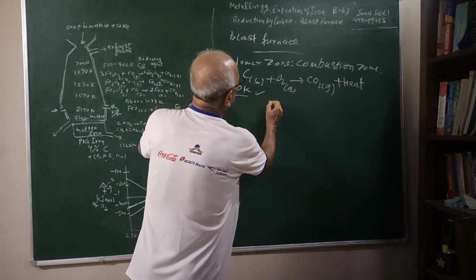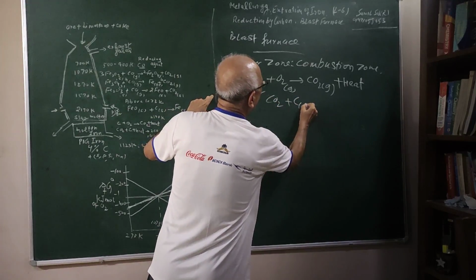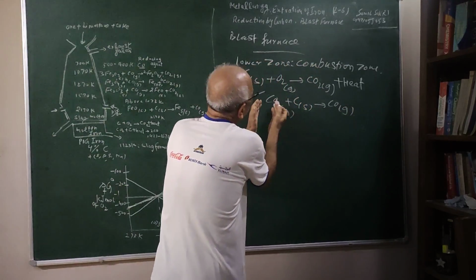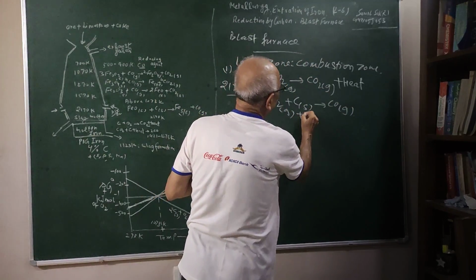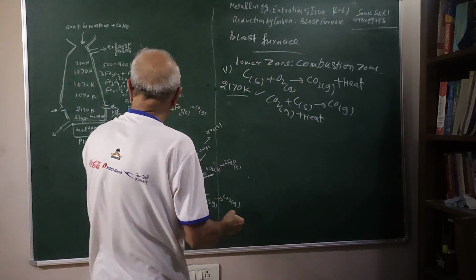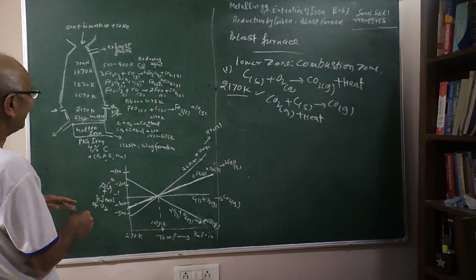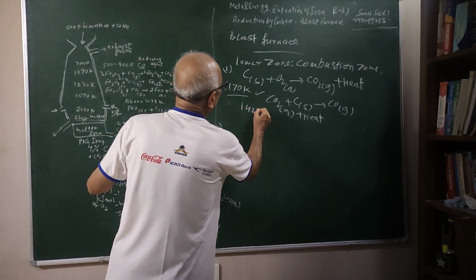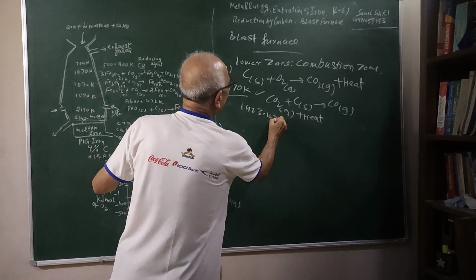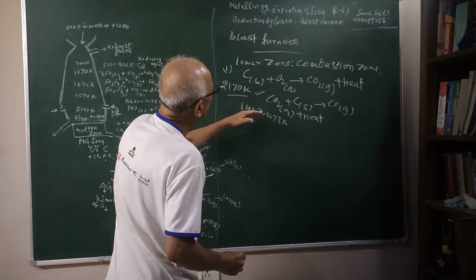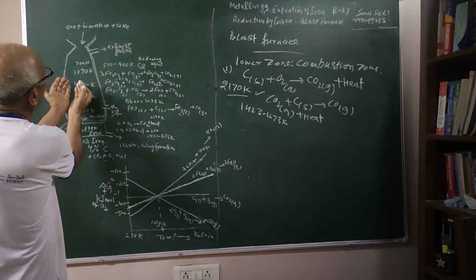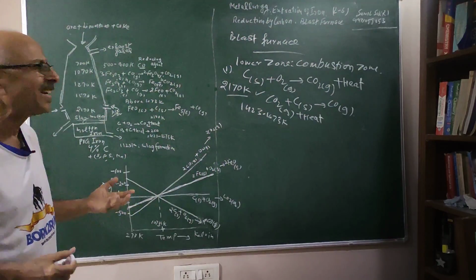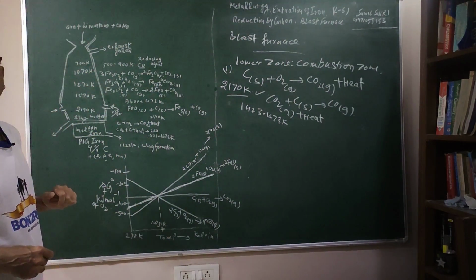And this carbon dioxide will react further with carbon which is present to form carbon monoxide. So carbon is reducing carbon dioxide. This reaction is endothermic, heat is absorbed. Therefore, as we go up, the temperature is decreasing. Here there is a decrease in temperature, and it comes to around 1673 Kelvin. As the carbon monoxide rises above, what will happen, students? The carbon monoxide will start reducing the oxides of the iron at different points.